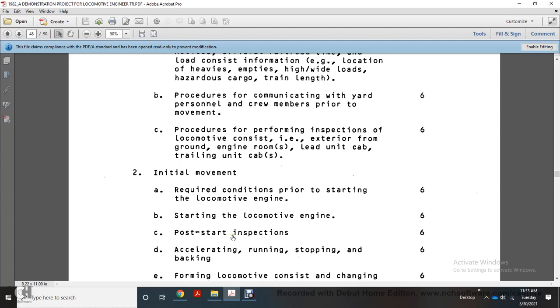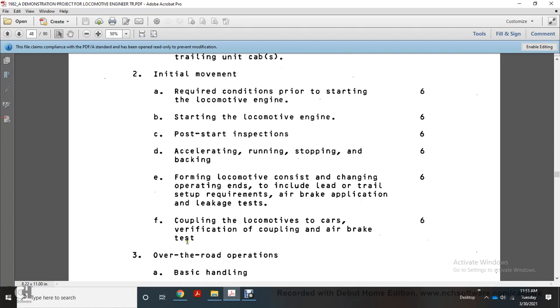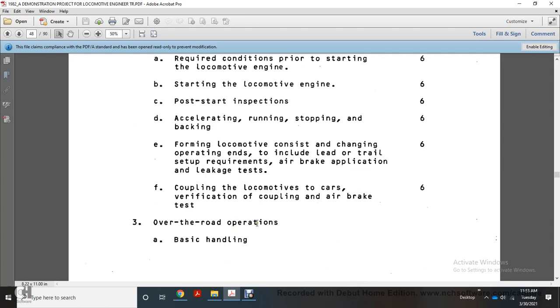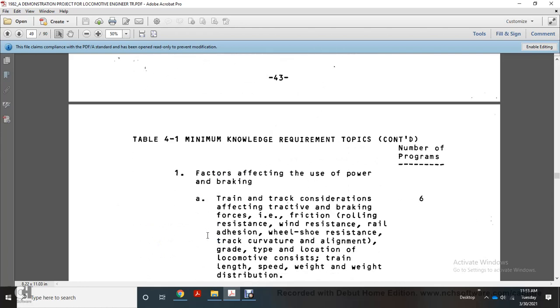post-starting inspection, accelerating, running, stopping, braking, forming locomotive consists, changing the operating ends, including lead and trail, the setup requirements, air brake application, leakage test, coupling of locomotives to the cars, verification, coupling air brake tests, over-the-road operation, basic handling, factors affecting use of power braking, train track considerations, effective train braking force,